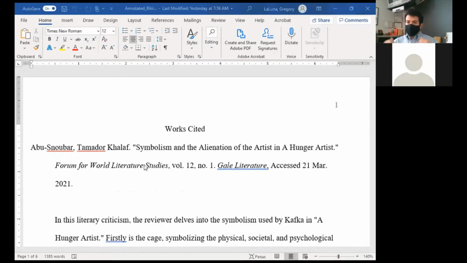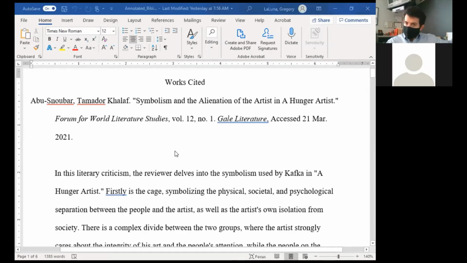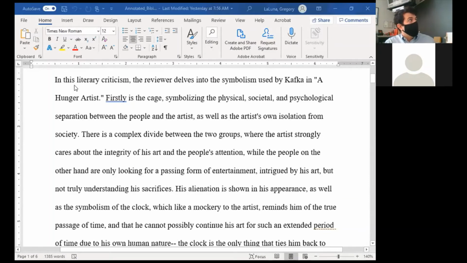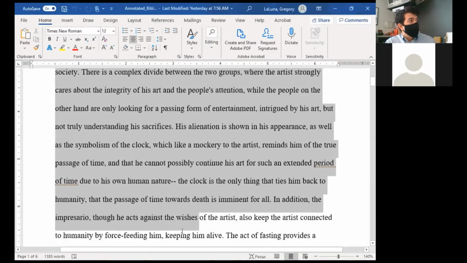Really, annotation just refers to marking something up with your own ideas. So this is a little more of a formal process of doing that. It's still a text that you're marking up. In this case, the text is your works cited page, and what you're marking it up with is a formal